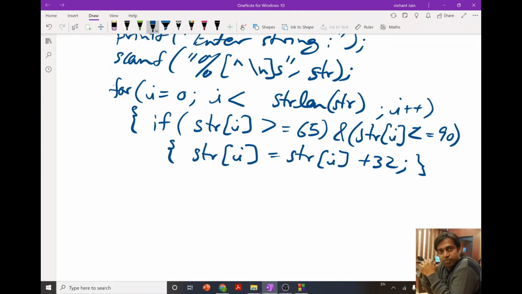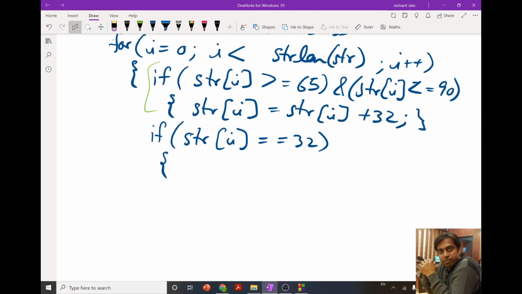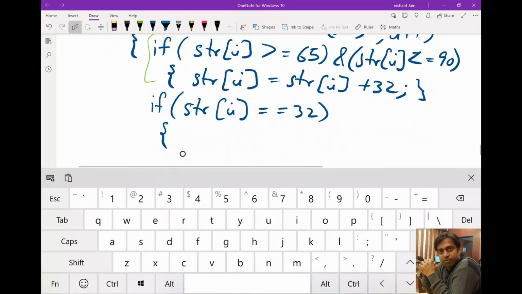So this is for the capitalization. Now after this I will check for the space. So if str[i] is equal to 32, it means I am checking for the space. If there is a space, then what I have to do is shift all the remaining characters by one position towards left. To shift, how I will start,